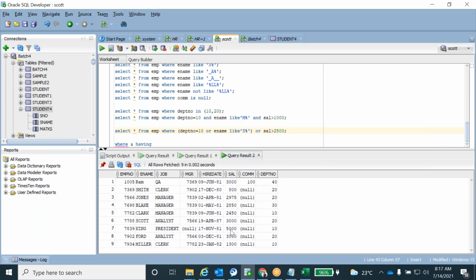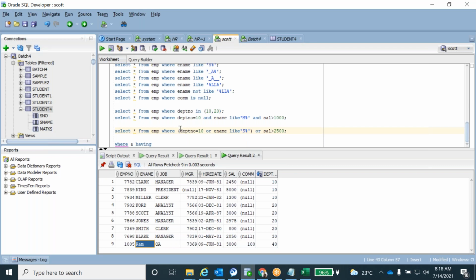So all the records with 2500, irrespective of the name, 'yes' and other names also came. First the 10th record came, that's the first condition. The second condition is where the name starts with S. The remaining records all have 2500. So that's how the AND and OR logical operators work.